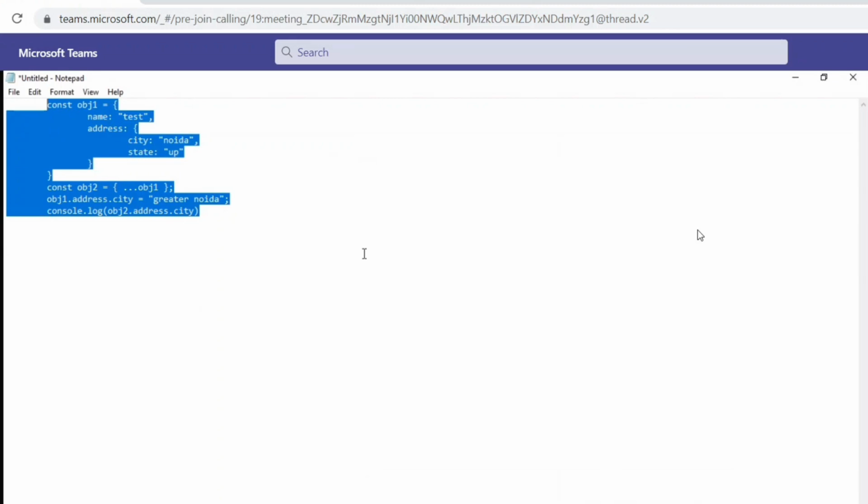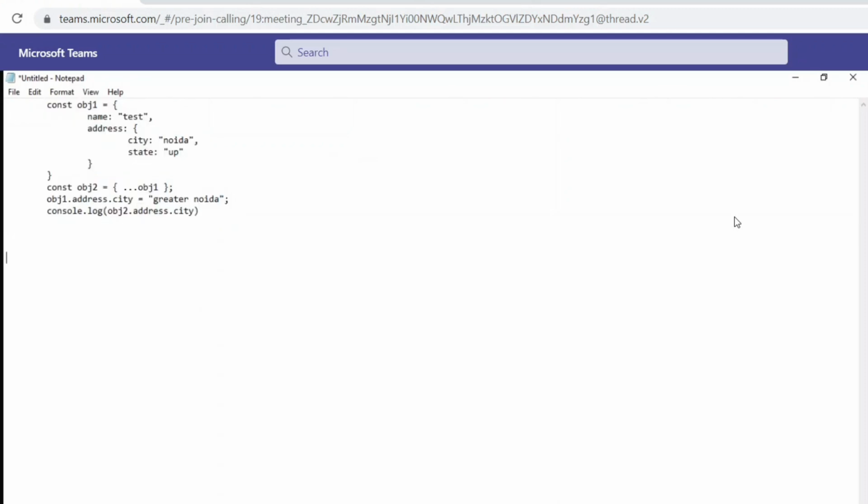So due to shallow copy it's happening, and it's affecting the copy object as well. What will be the output of this one? It will be true, I think. Okay, let's move on to the React part.